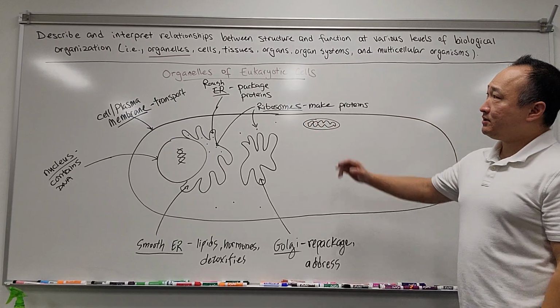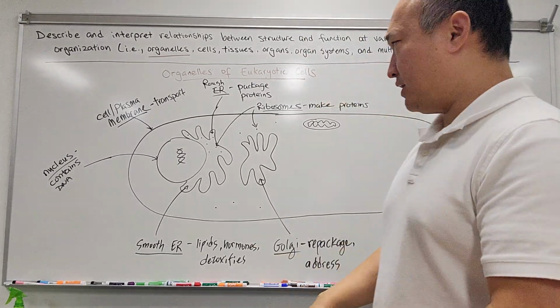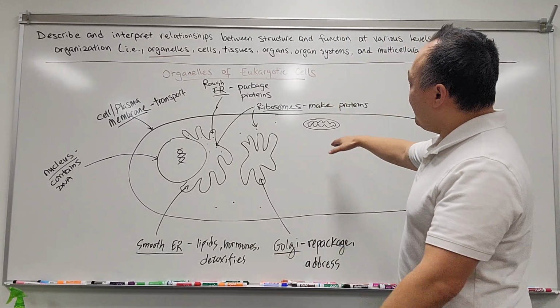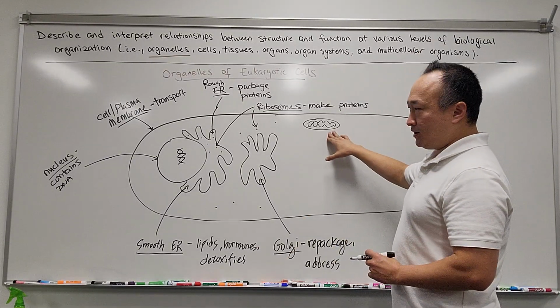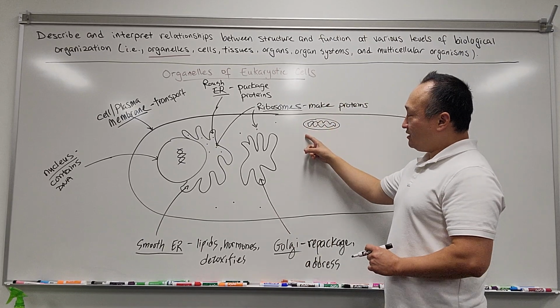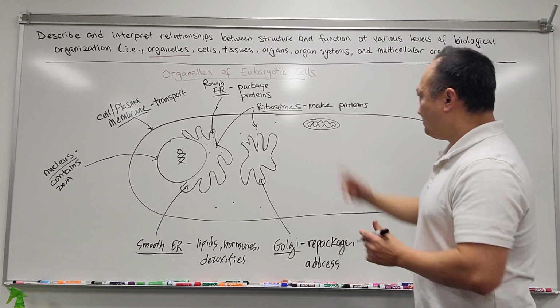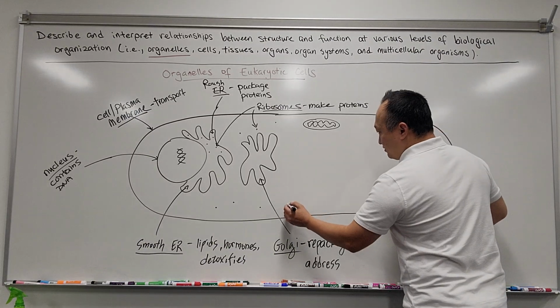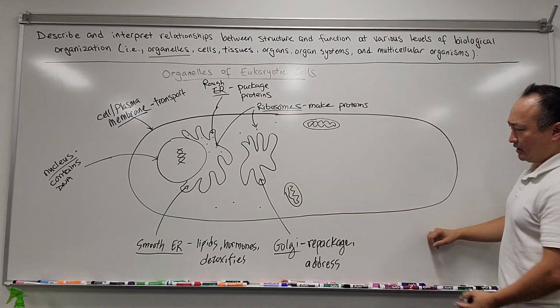But all eukaryotic cells are going to have mitochondria, all of them, plants, animals, anything that's not bacteria. Okay? They're going to have mitochondria. Mitochondria look like the bean-shaped organelles. They have two membranes actually, the membrane outside, and then the membrane inside is really folded. It's like crinkled up. So we'll draw a couple of those like that. All right, so that's your